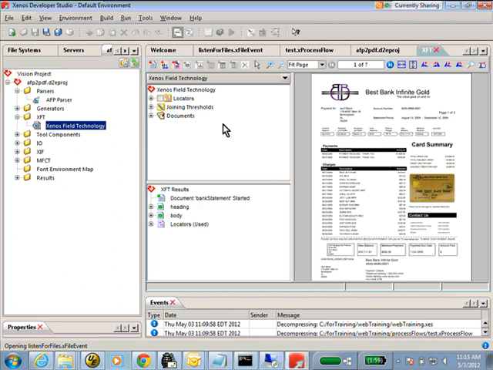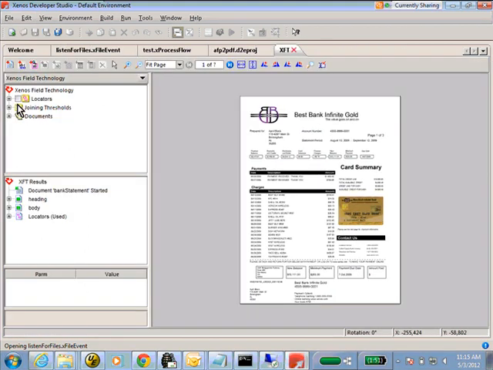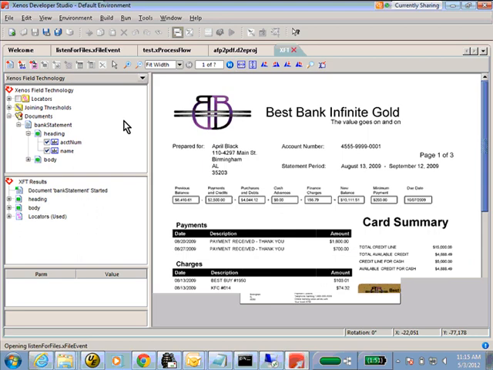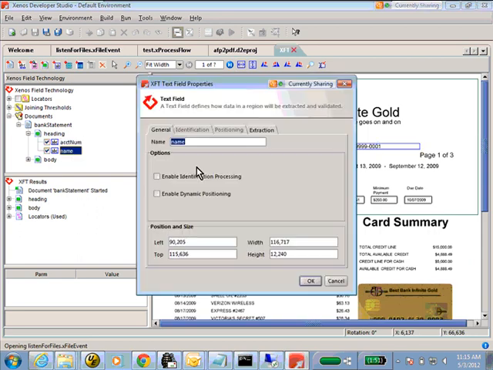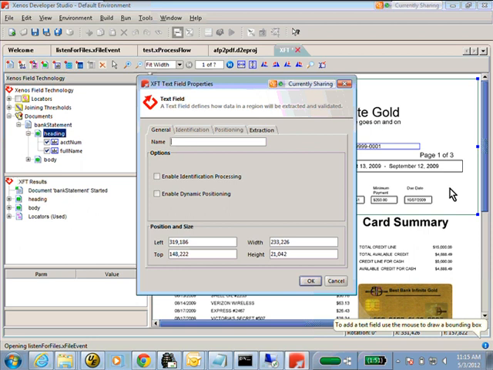Hopefully you've been to previous training sessions or already checked out the last ones, and everything that's been set up already you're familiar with, but I do encourage you to go back and check those out if you want to. So I just need to check out the names, make sure that they're appropriate and actually matching to what I set up in the doc class. We can see that I have account num. That matches. Name actually needs to change to full name, so I'm just going to rename that. Double-click on name and rename it to full name. And I also am not pulling the statement period, so I'm just going to drag that over, put in statement period.